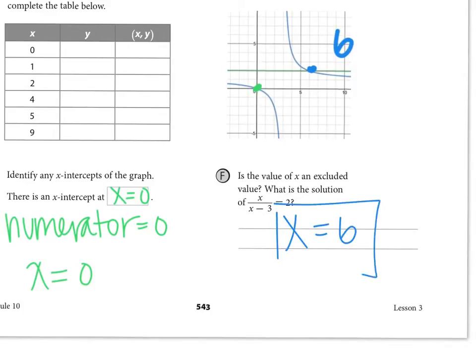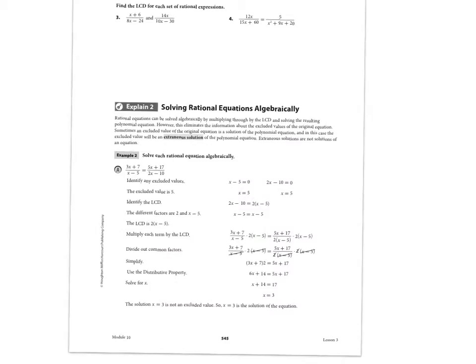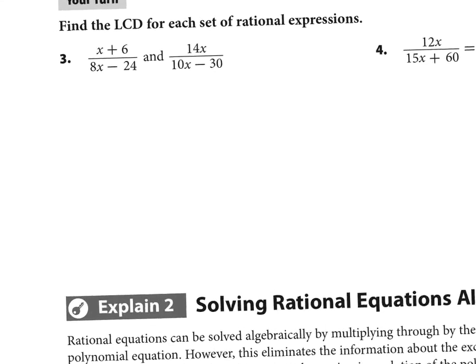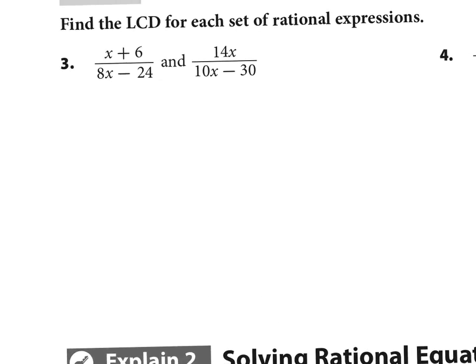Now, graphing is probably the easiest way to solve these, but it's also sometimes the most complicated to understand. So we're actually going to spend the next few minutes learning how to solve these rational expressions by hand. So I want you to skip over to page 545. We're going to look at problem 3, because really the best way to solve these by hand is to actually do them. So I have the problem x plus 6 divided by 8x minus 24, and we are actually going